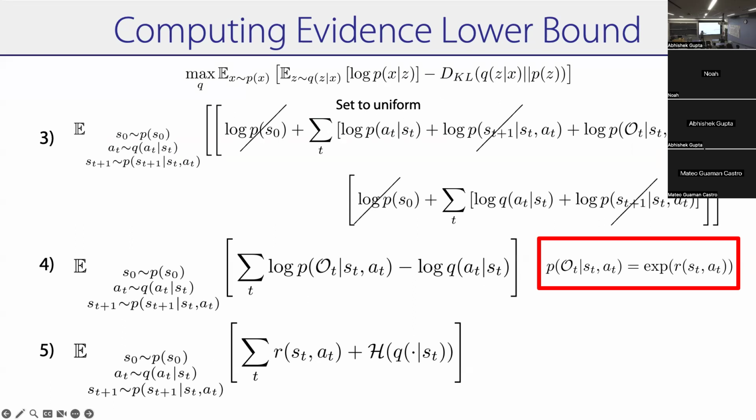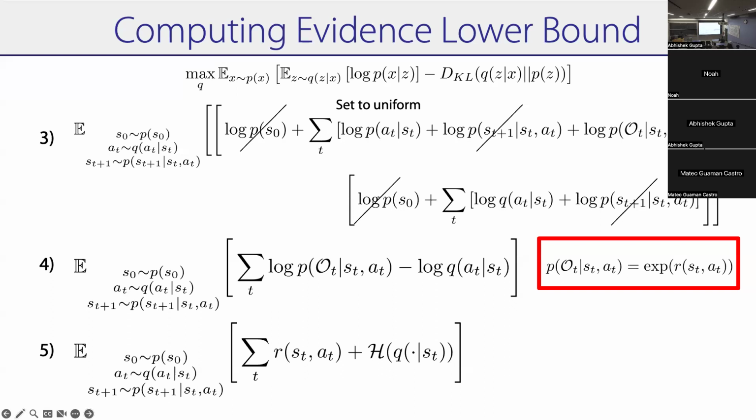And then you're maximizing the sum of rewards plus an entropy, right? And so that's exactly maximum entropy RL. And note that it's all in the real world, that you're sampling from the real world, you're only taking actions from your policy, right? So this is literally the same objective that we derived in actor critic or in policy gradient. It just has an entropy term in it.